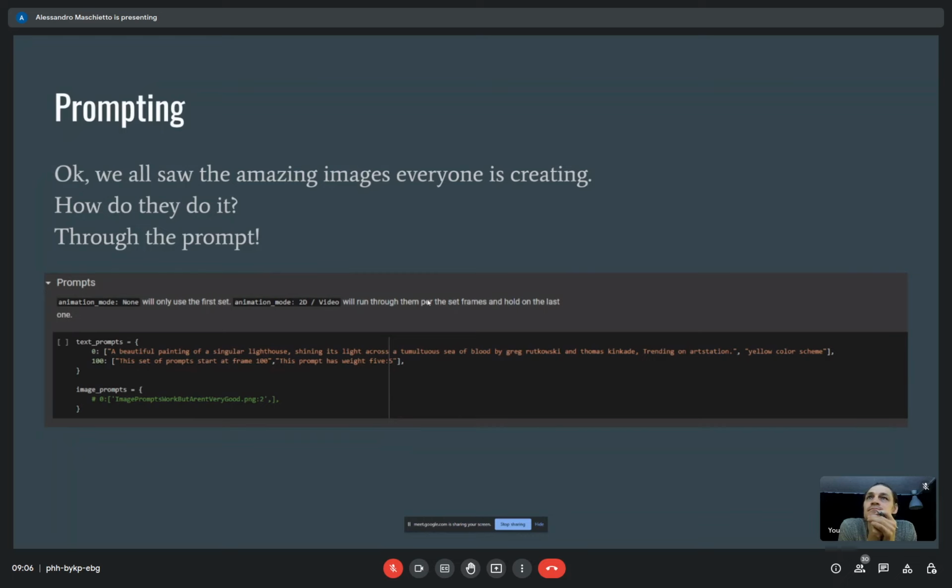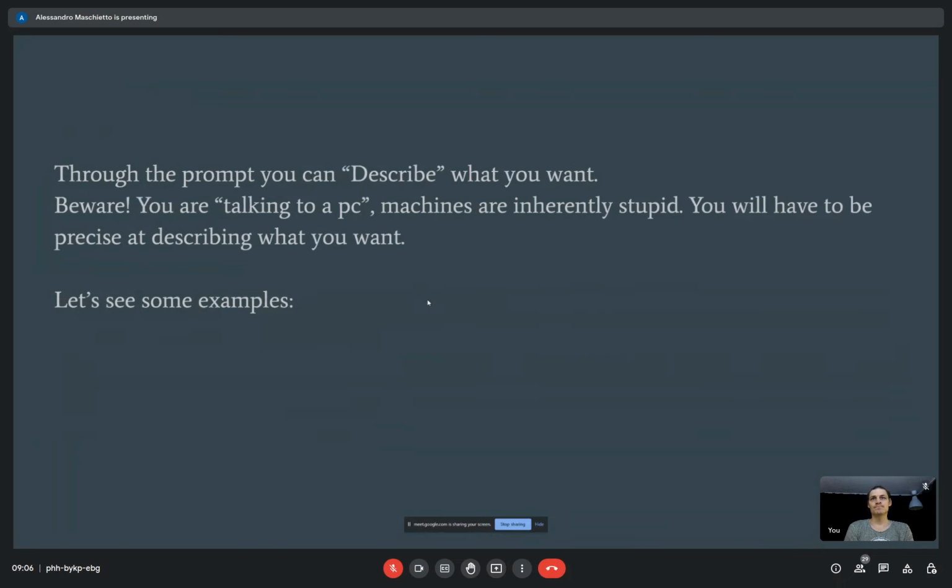You can see there is a 0 and a 100. You can use it when you do the animations. For example, you can start from an egg and end with a bird, or you can start with a rock and end up with a present, like a box. It's all up to you.